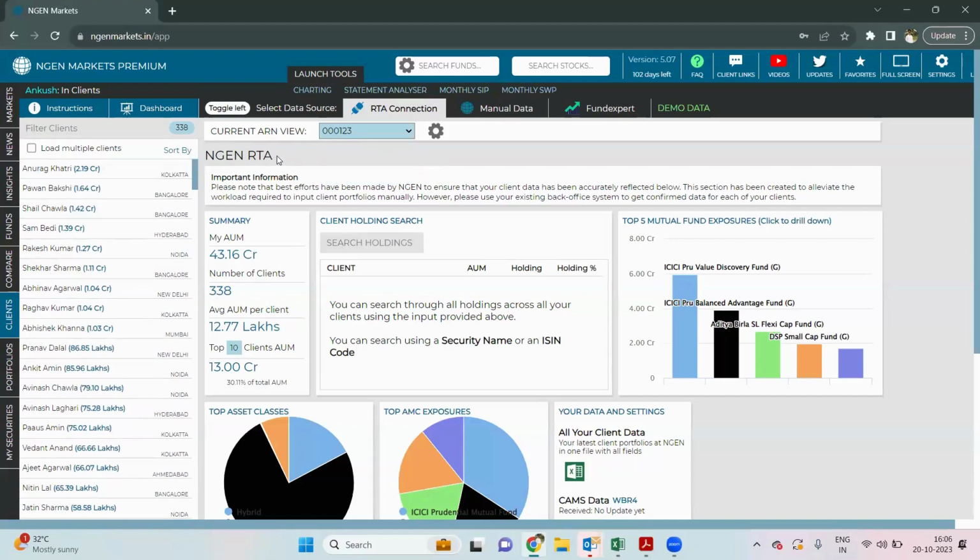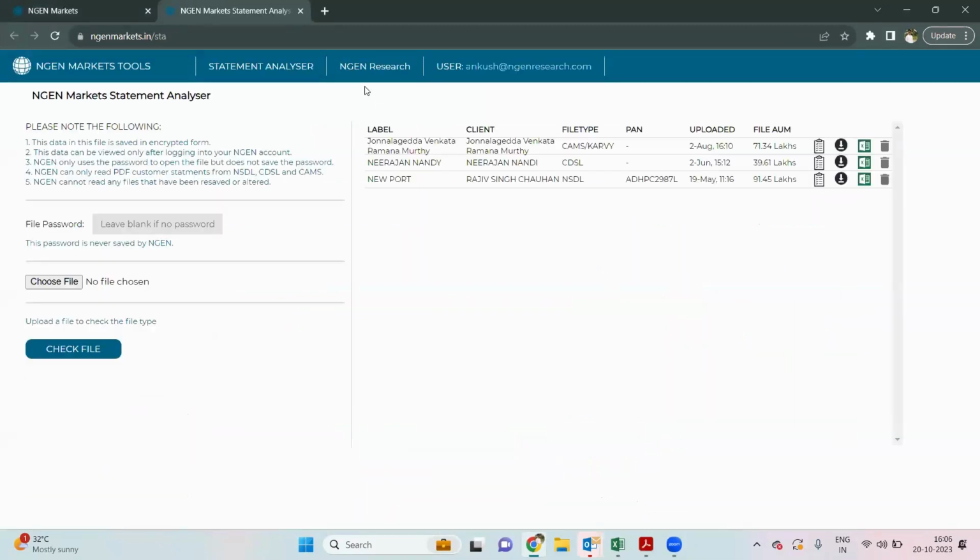And other than that, we also have another tool, the statement analyzer option, through which you can directly upload any kind of client's portfolio through the manual data. So if you have any kind of client's portfolio, for that you need to go to the launch tool section in the statement analyzer option. And from here, what you can directly do is check out,